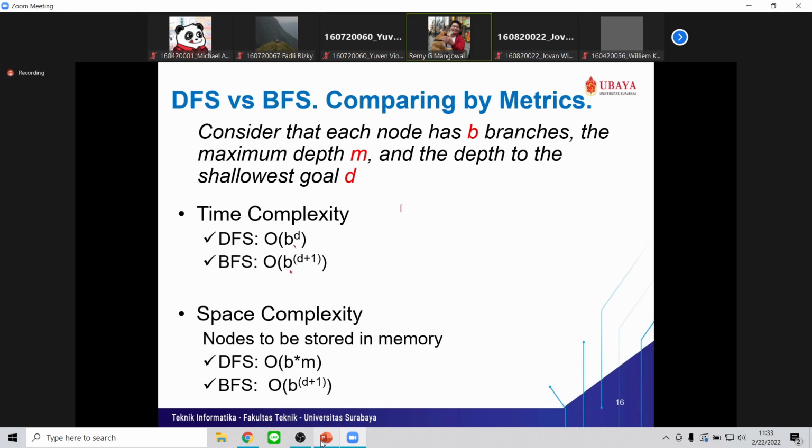And for DFS, you only power the branches with the depth of the shallowest goal. For space complexity, DFS is reliant on the maximum depth, because you will need to store everything in memory. While in BFS, you can always stop at the shallowest goal.